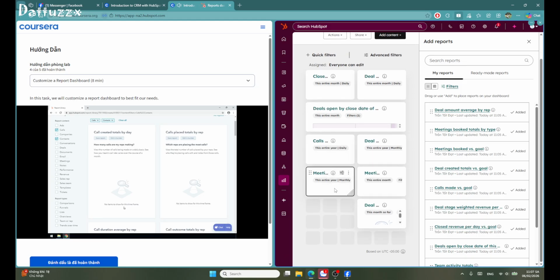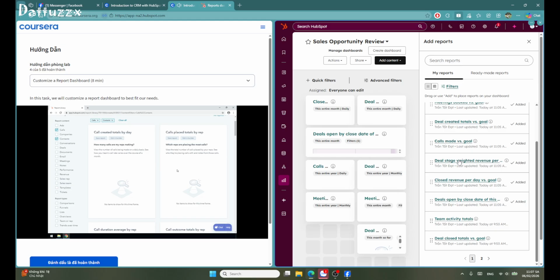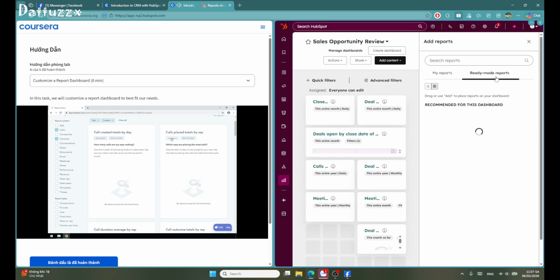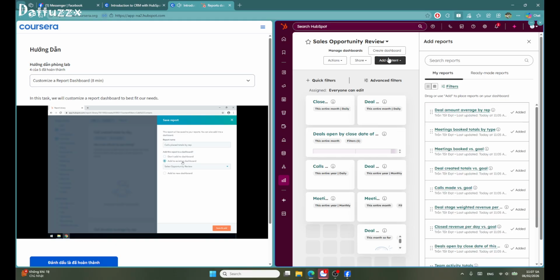So once you find a report that you would like, so let's say I'm going to do the calls placed total by reps, I can click on the Save Report option. And when I do, again, it has the opportunity for us to rename it. We can decide to add it to an existing dashboard. So right here, we could drop down and select from the dashboards we've created. We only have one, so the sales opportunity is